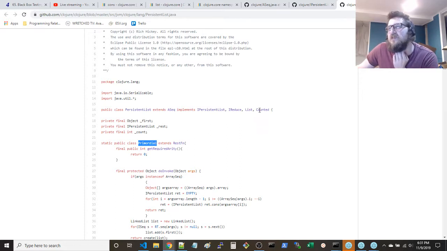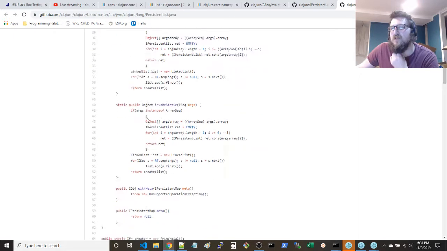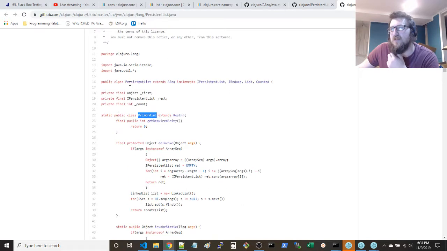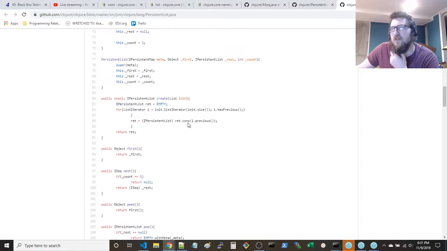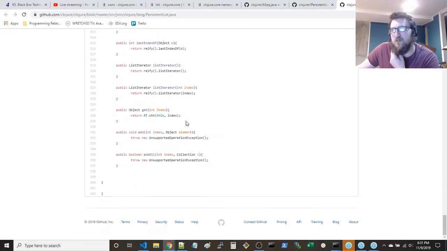Now this is kind of interesting. It looks like this is an inner class to the persistent list. It's a primordial class. It's pretty funny. See this? Opening brace contains this. It looks like it contains a few inner classes.